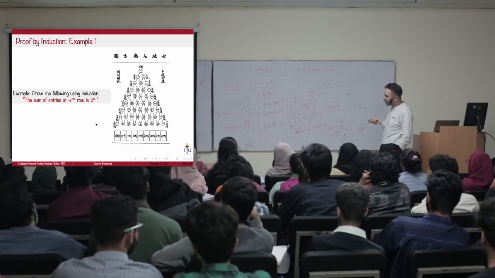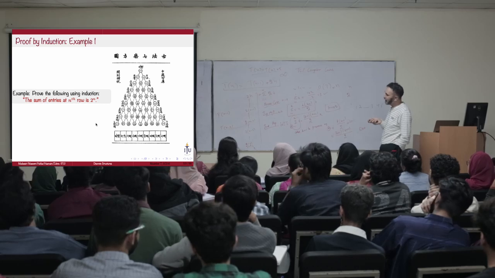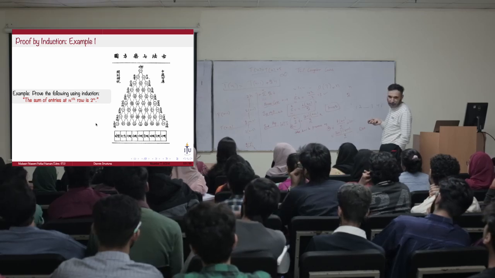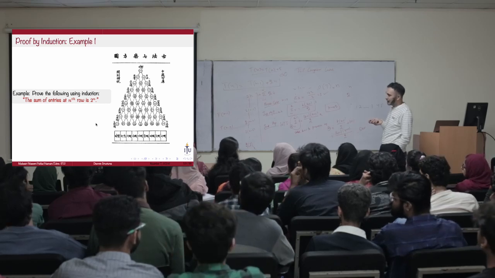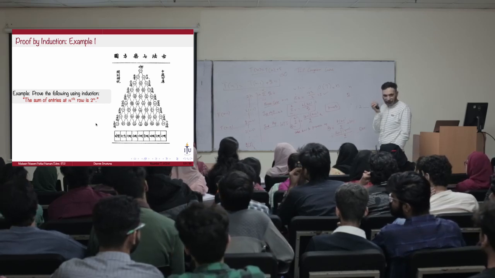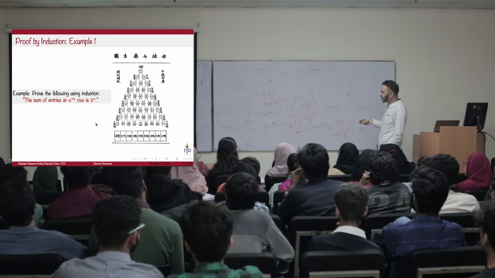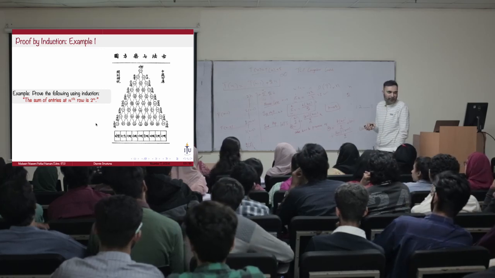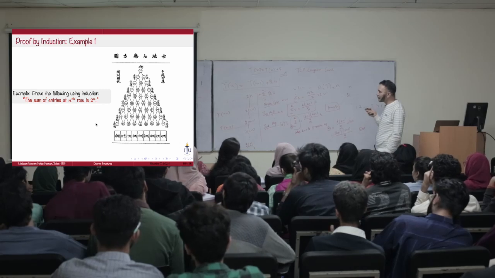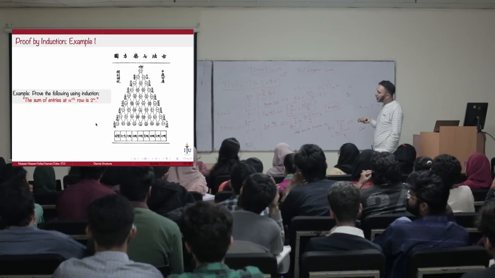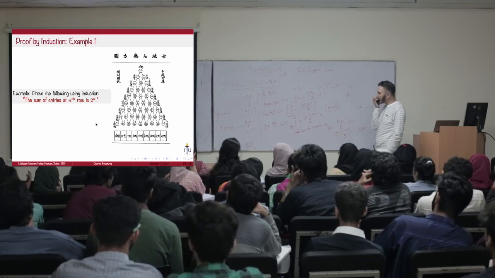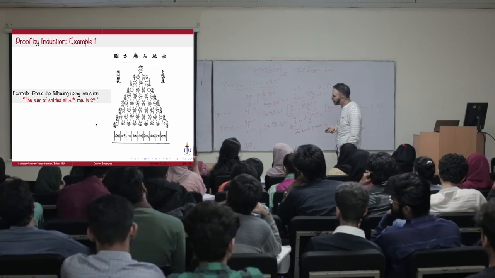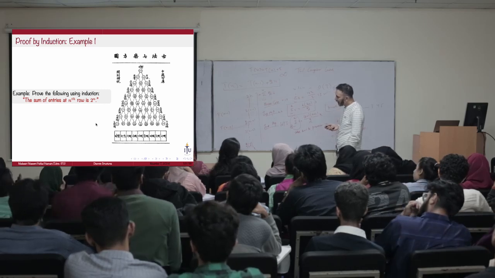So the thing that we are asked to prove is that the sum of entries at the nth row is 2 raised to the power n. Okay? That's, by the look of it, without induction, a hard problem. Because this is an infinite triangle, right? This is never going to stop. So by induction, what you're going to do is you're going to assume a couple of things. First of all, what you need to know is that all